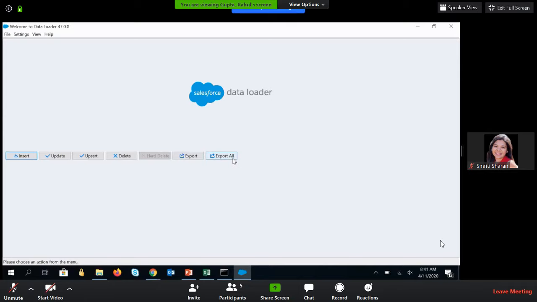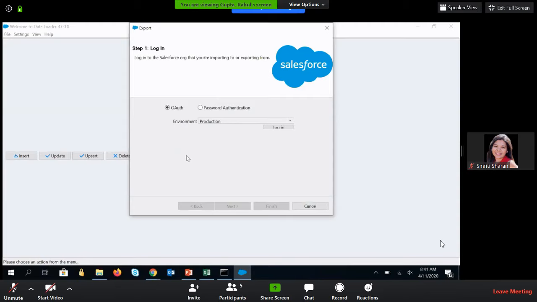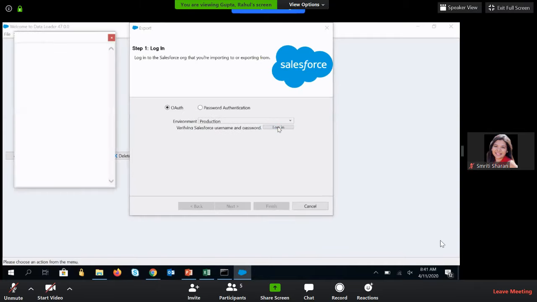Since we have already done the insert, we'll first export the data. I'll get those IDs on which I can show you the update. So let me log in. For logging in, we have two ways. We can go to OAuth or password authentication. If we go to OAuth, we have to select the environment, whether it's production or sandbox. In our case, it is production. Since I'm logging into my DevOps, I'll click login, and it will open